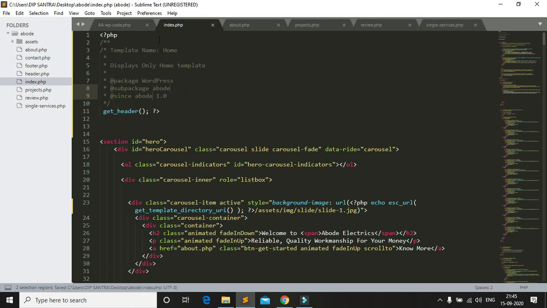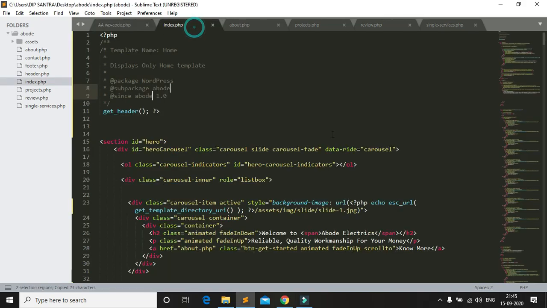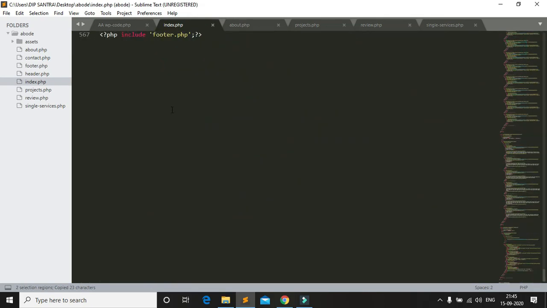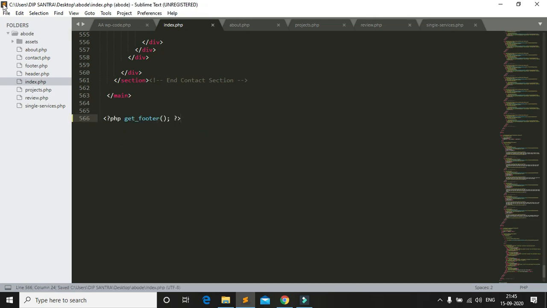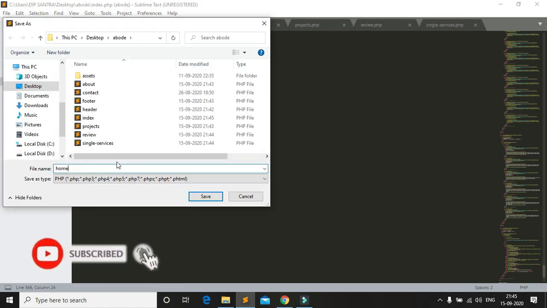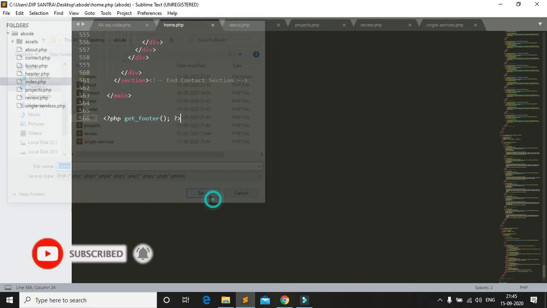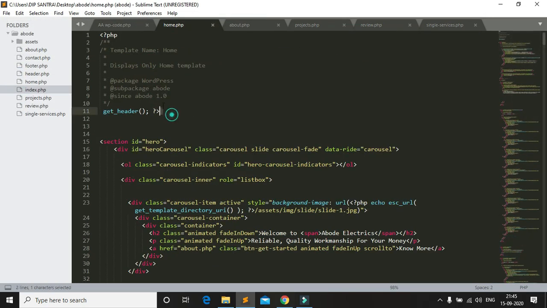This is the home template, and I need the footer tagline, PHP get footer. Okay, paste and save as home.php file. Done.